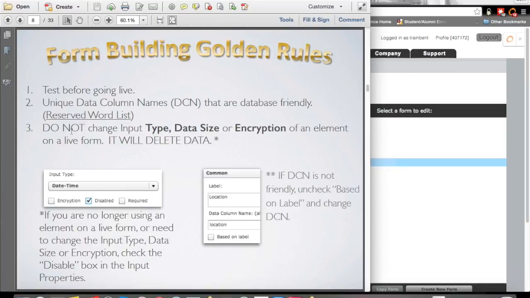Then the last piece here is a really important one as well, which is do not change the input type, the data size, or encryption of an element on a live form because it will delete the data. So if you are thinking that you were previously using a select option list and you have had maybe 50 different records come in using that select option list, and now you want to change that option list to a pick list,